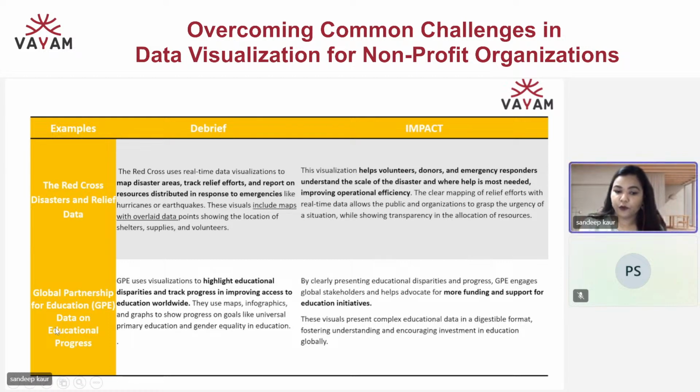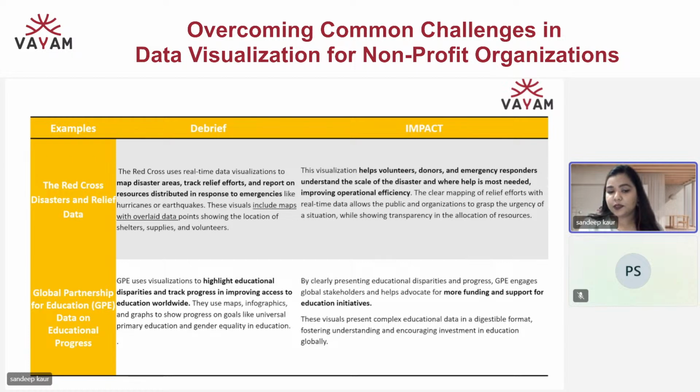Global Partnership for Education. GPE also uses educational progress data to highlight educational disparities and track progress in improving access to education worldwide. So it becomes very easy for them to get more funds and support for education initiatives.